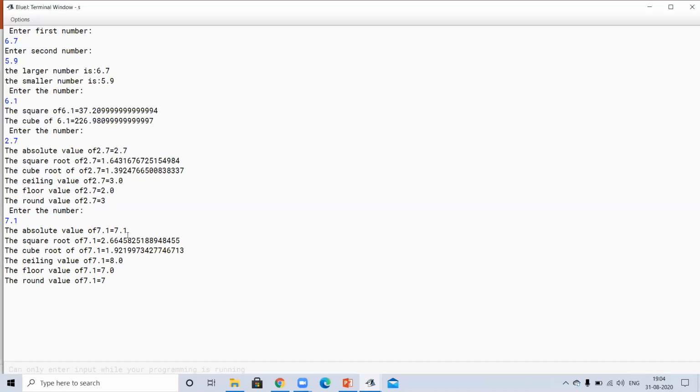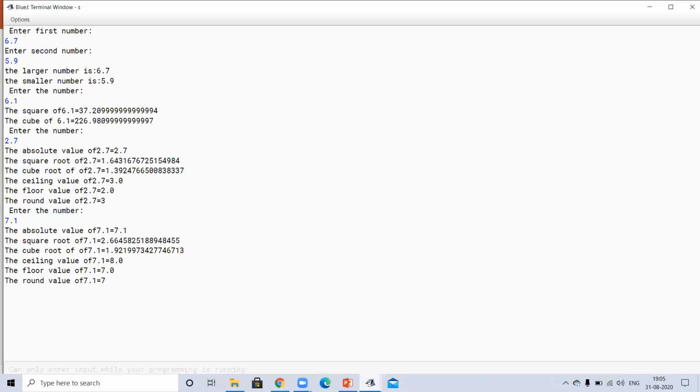Absolute value, of course, is positive. The ceiling value of 7.1 or 2.7, that is 0.7 or 0.1, returns the next integer, 8.0. And the floor returns the next lower integer, 7.0. For round off, 2.7 is more than 2.5, so it is 3. And for 7.1, 0.1 is less than 5, so it will print 7.